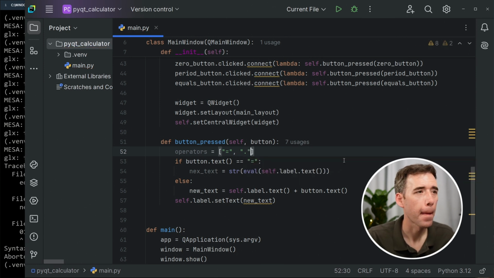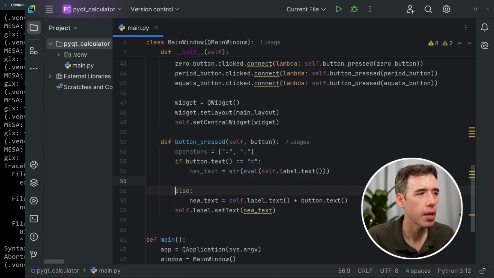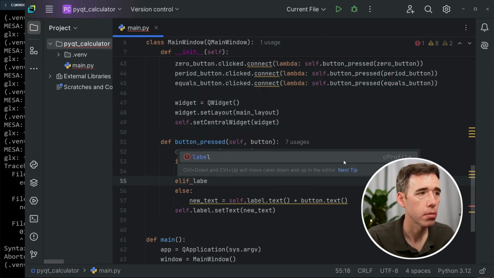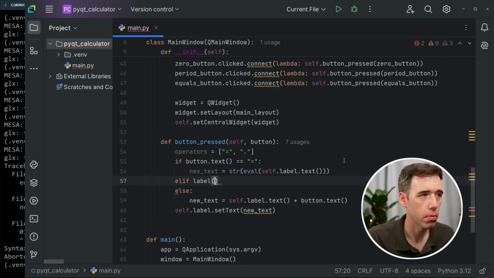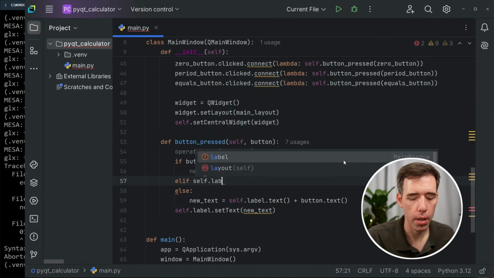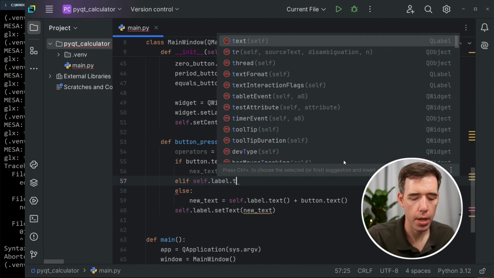Cool. And we're going to check to see if the button that we're getting the press in is in operators. So else if self.label.text